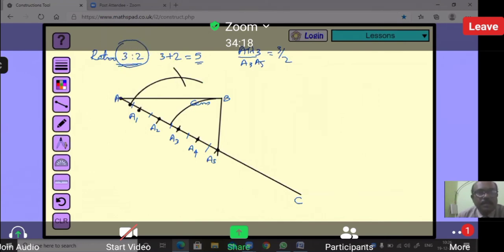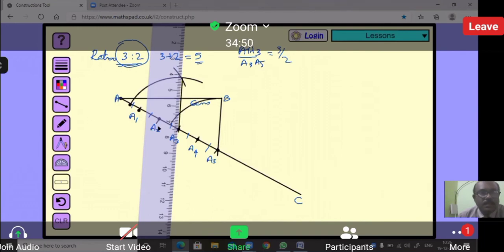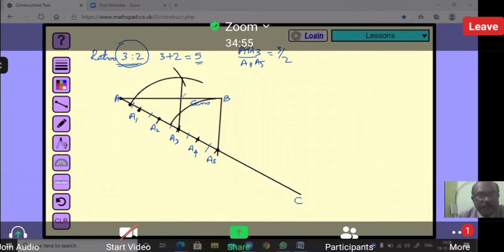Then you can take your ruler and keep this ruler at this point and the other end at A3. This is the benefit of the virtual ruler because I had drawn this AB previously. So the ruler is in the same position, and if I bring it here, you will automatically get a parallel line. So now we will join this point to A3. Alright. This line intersects our AB at a point. Say this is the point.